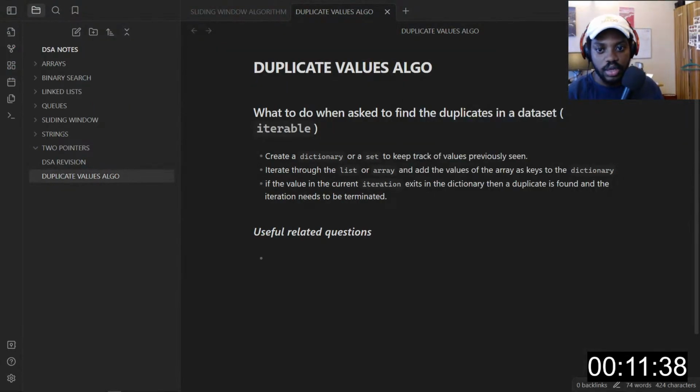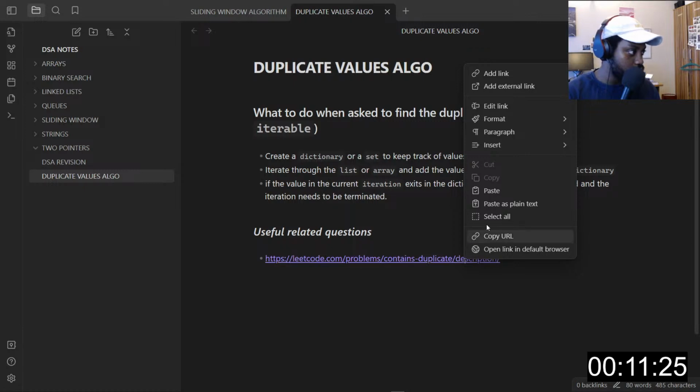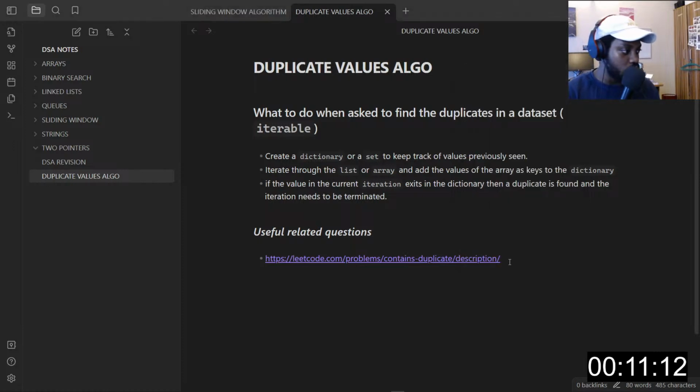So this will be LeetCode 217, Contains Duplicate 1. I just want to do this first. Yep. So we can do this.